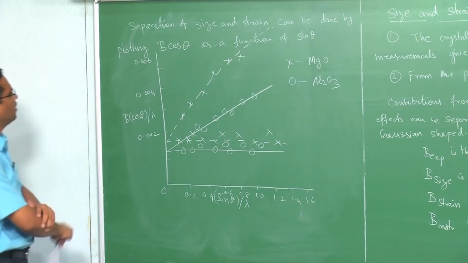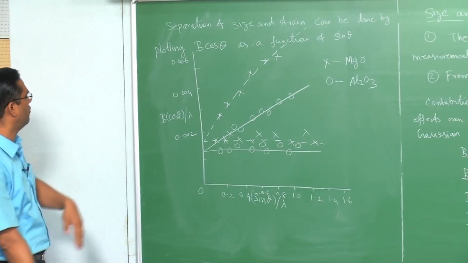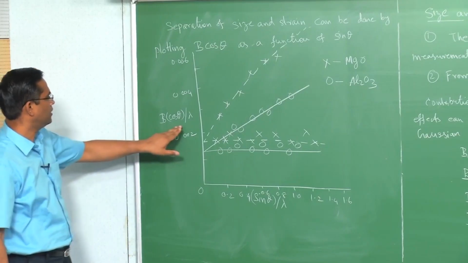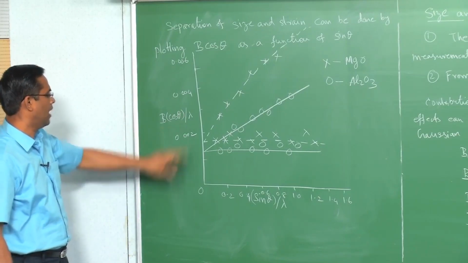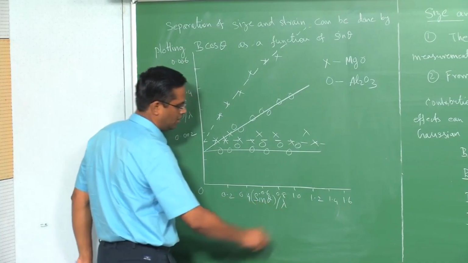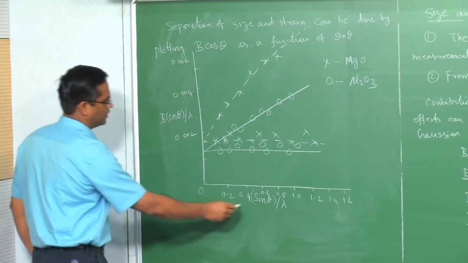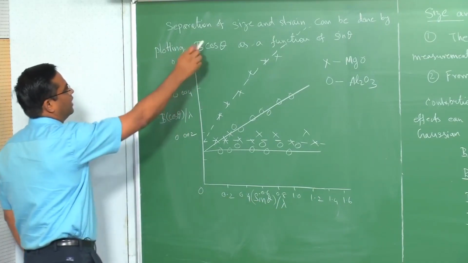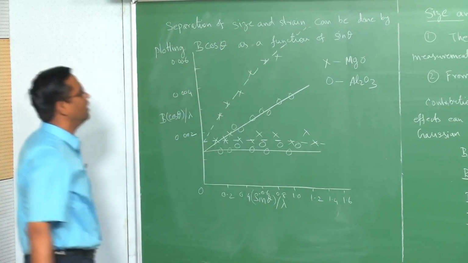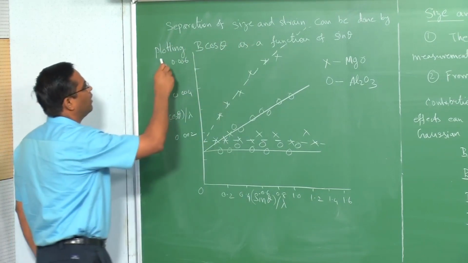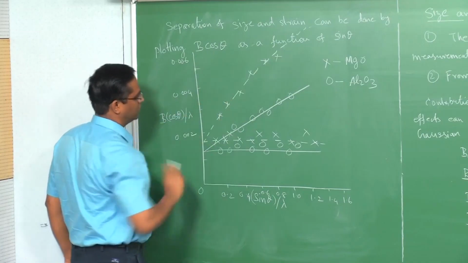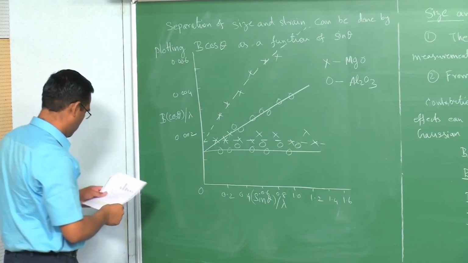So, what I have drawn here is a plot of b cos theta by lambda versus sin theta by lambda, that is b cos theta versus sin theta. So, that is what I have written here. Separation of size and strain can be done by plotting b cos theta as a function of sin theta. So, let us write